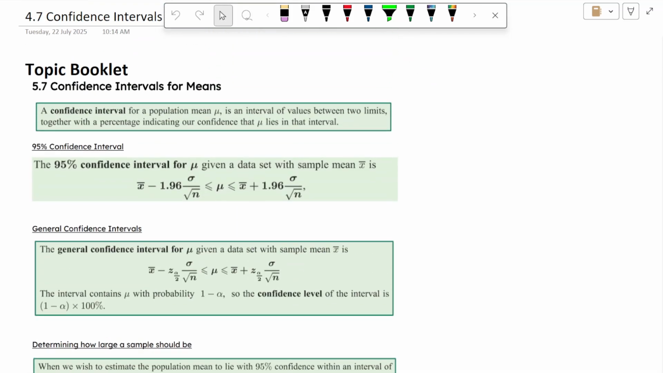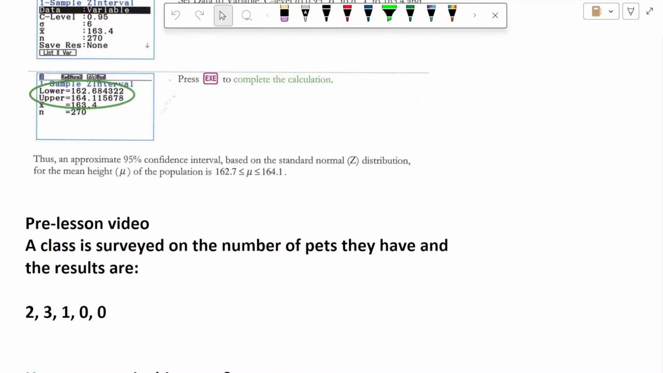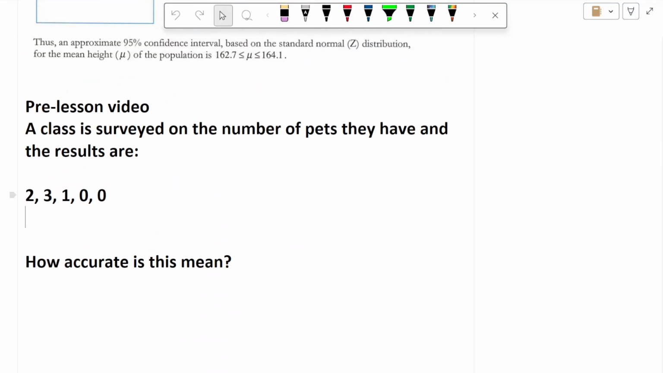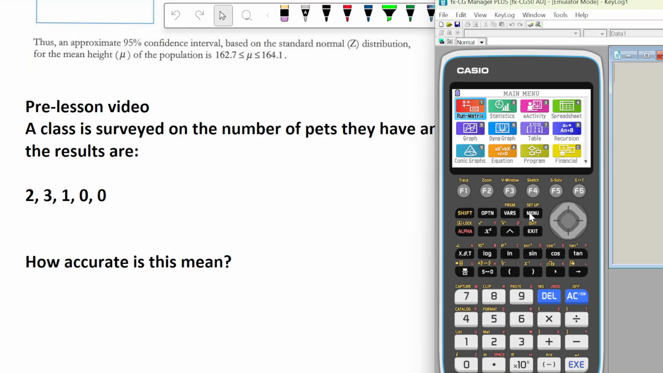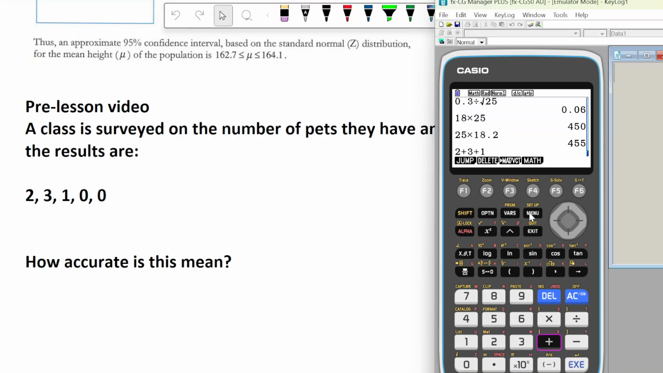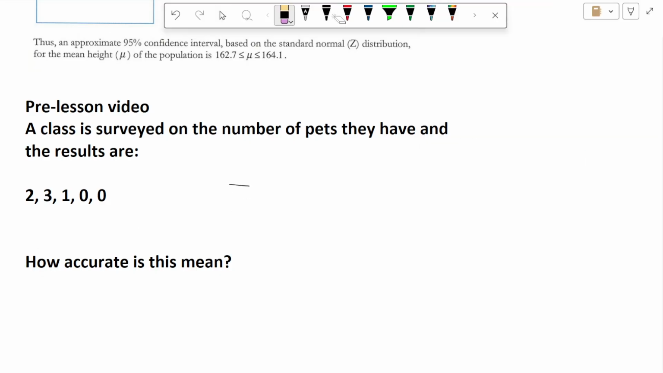In this video, we're talking about confidence intervals for means. So here's an example. We survey a class on the number of pets they have, and there it is. We can calculate what we call a sample mean from this. So 2 plus 3 plus 1 plus nothing, all over the total number 5. So we can say that the x bar is 1.2